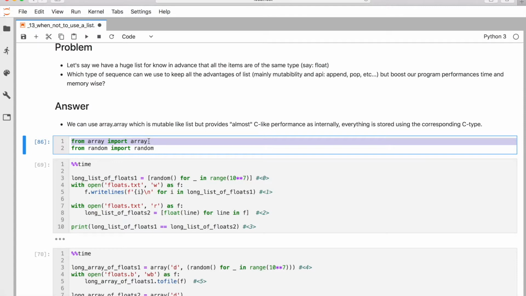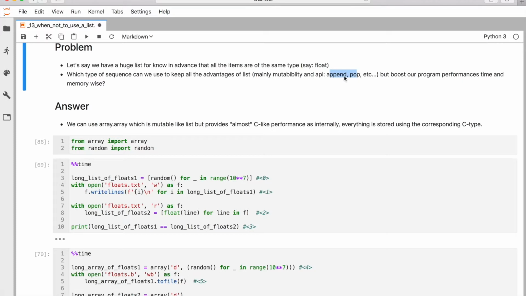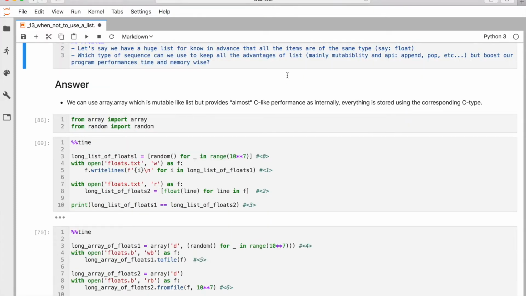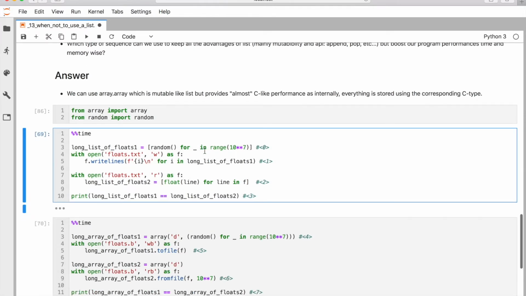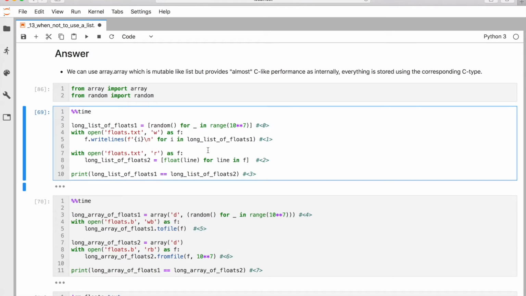gain on your code without losing all the flexibility that you have with list, because array almost has the same API that list has, in terms of you can append, you can pop, you can insert, you can remove, and it's mutable, so you're not losing much. The only difference is that you have to know in advance what is the type of elements that are going to be stored. And in order to make that idea even clearer, let's run these two